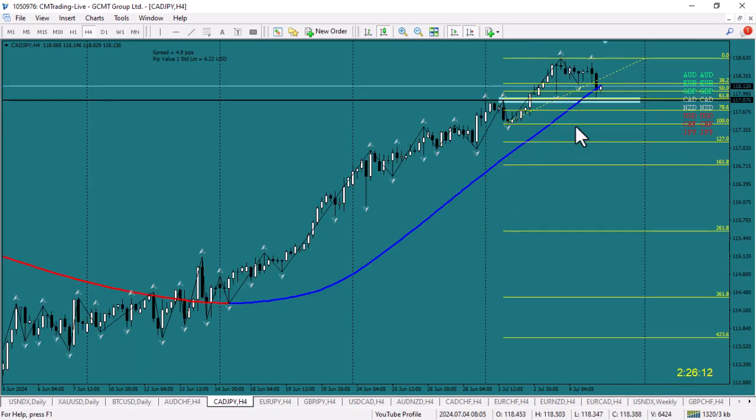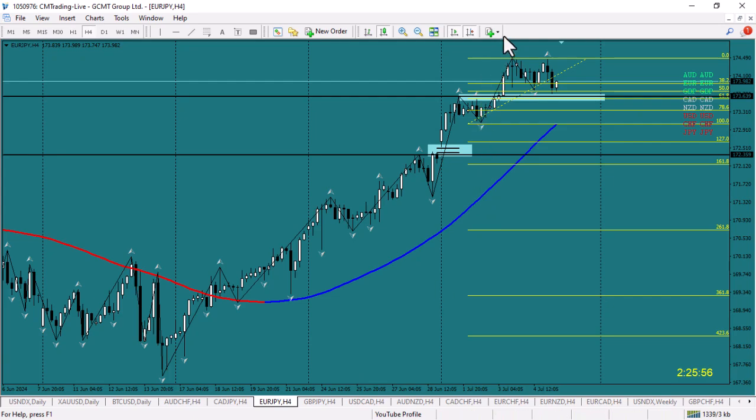CAD yen, same scenario, last swing, retracement back to structure. Once I get this, test it, candle reversal, I'll go with it. You can see here, CAD neutral, so I'm not that much after it, but I'm after the yen short. Going long here will give me that yen short.